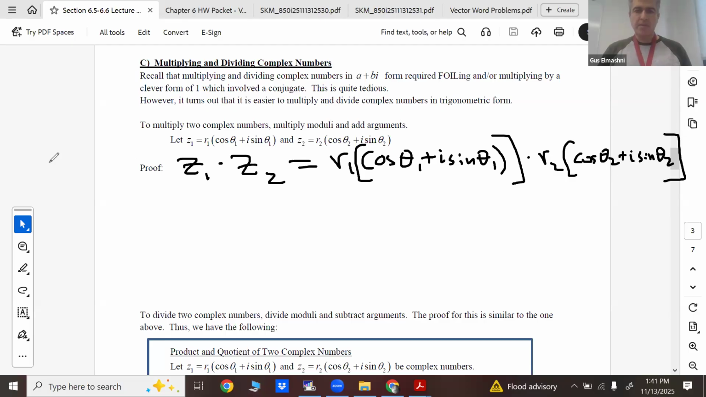Looks like an extra parentheses there. That didn't make any sense. Let's get rid of that. Okay. Well, I'll multiply R1 and R2 together. That makes sense. Then I'm going to do some foiling. So I'll do cosine theta 1 times cosine theta 2